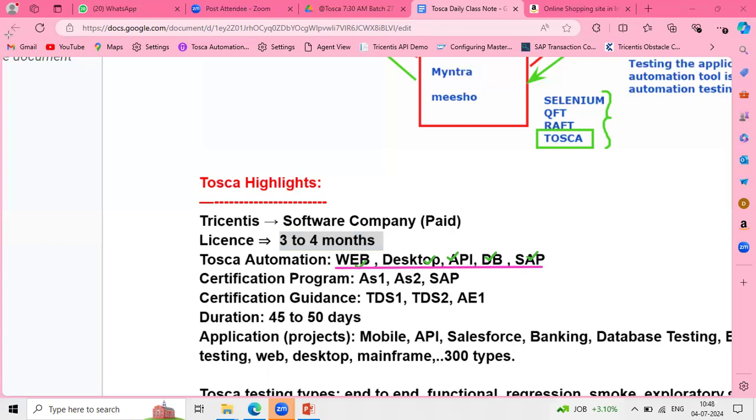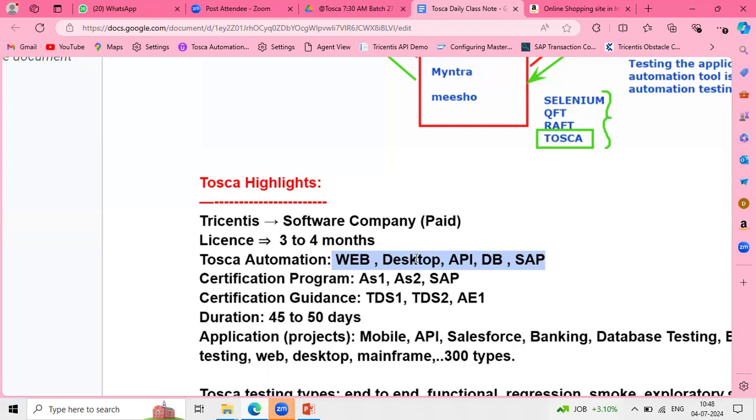Got it, right? So team, these all are the application categories. After completing this training, you can directly claim around 3 years of experience in Tosca, 2 years, or 4 years. Up to 4 years you can claim here, team. That much knowledge and confidence I'll give you.